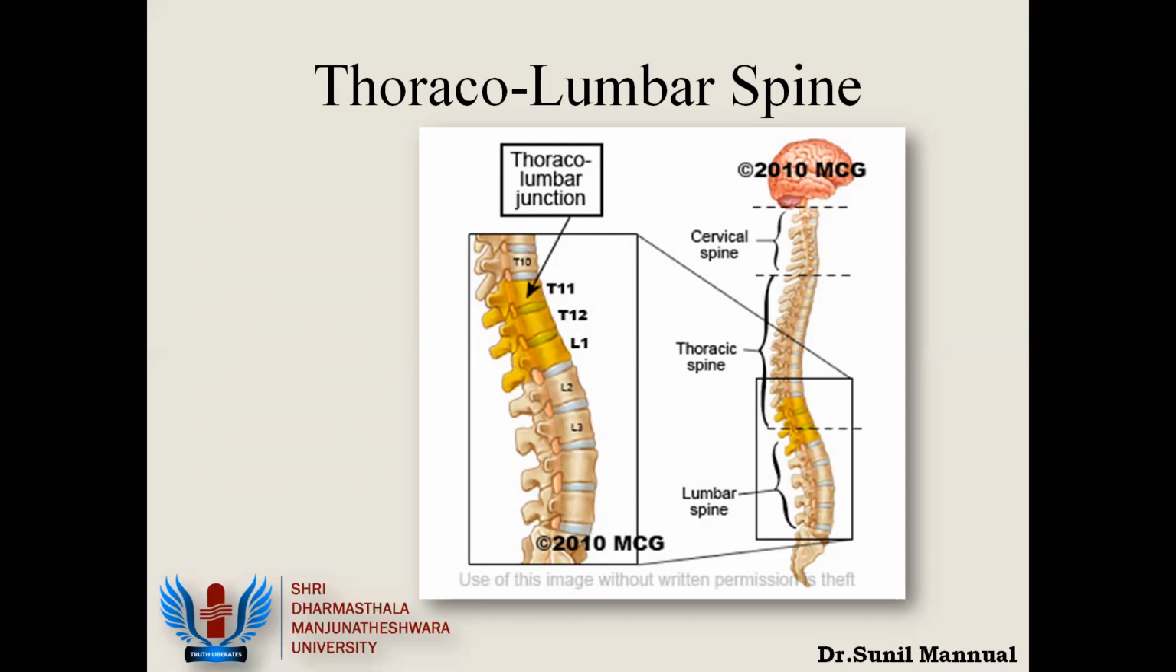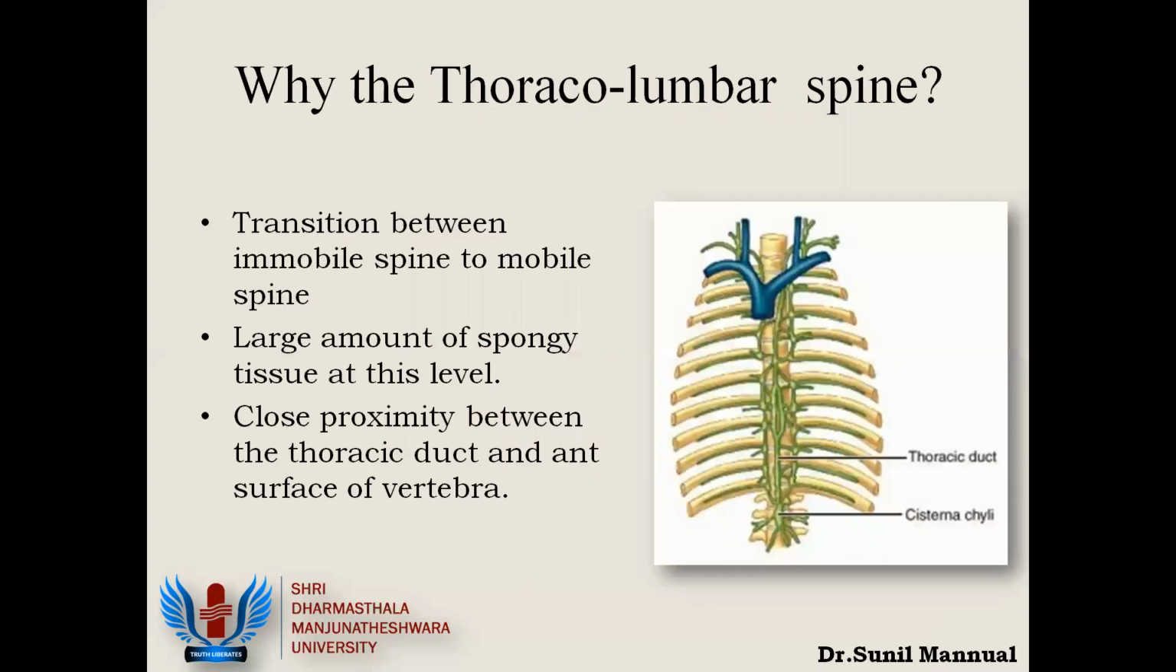Now, there are many theories proposed for why the thoraco-lumbar spine is more commonly involved in tuberculosis. Most of these are just theories and do not accurately tell us why this happens. But one of the characteristic features of the thoraco-lumbar spine is that it's a transition zone between an immobile spine and a mobile spine. So basically, if we take the cervical spine onwards, coming down to the thoracic, to the lumbar, to the sacral,